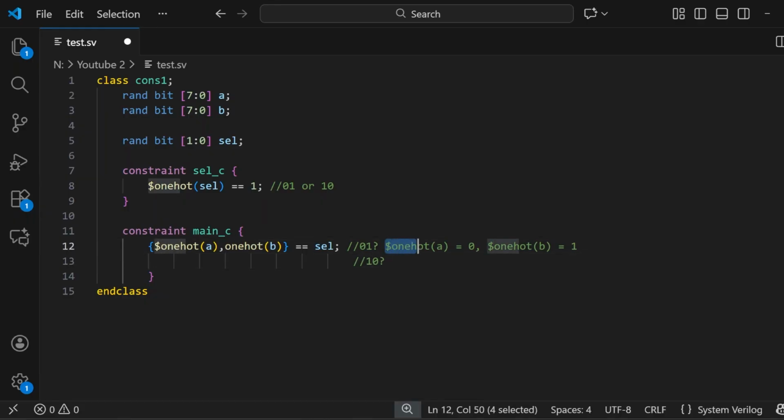The onehot of A will be 1 or true, and the onehot of B will be 0 or false. So